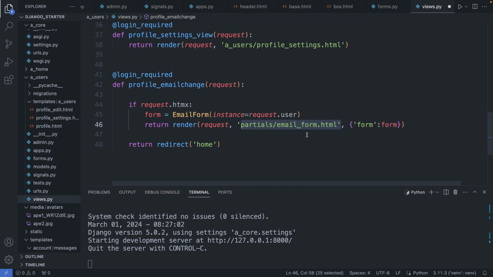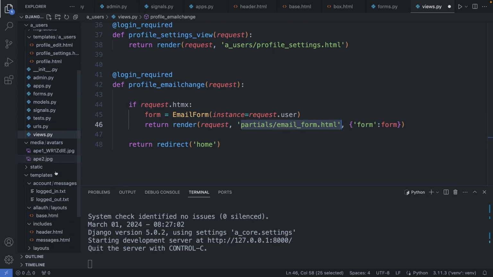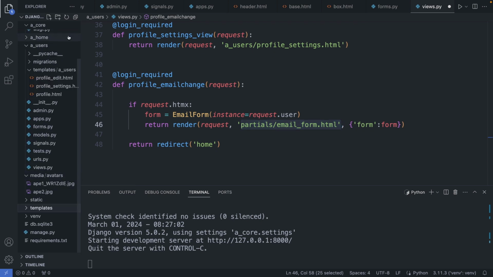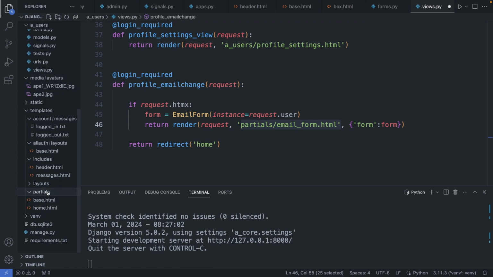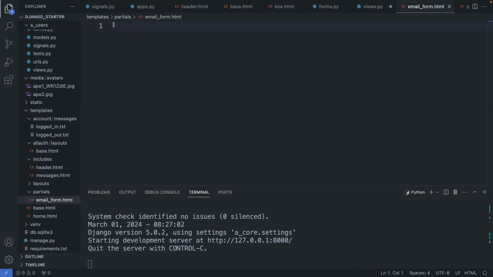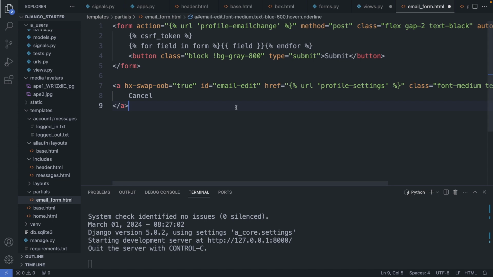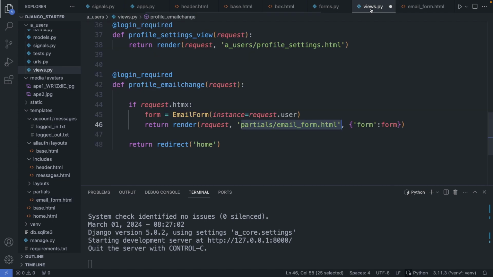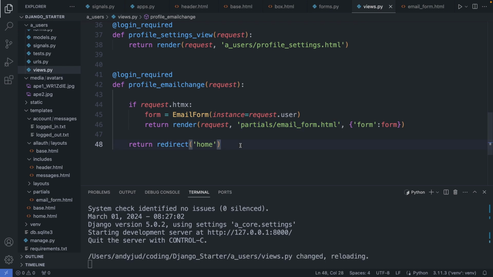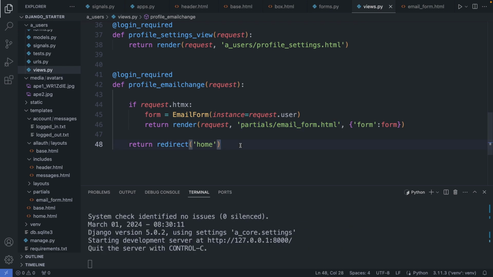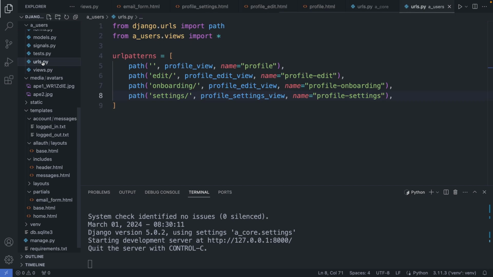So let's create this email_form.html partial. I go to my main templates folder, create a new folder, partials. And in here, I create this email_form.html file. Paste the code in here, save this file, also save the views.py file. Now I'm creating the path, so I go to the urls.py file